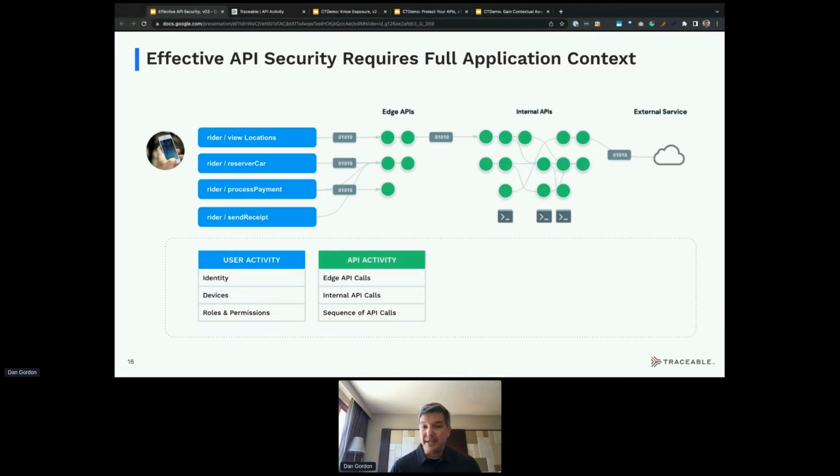What's happening at the edge? What's happening internally? What are those service-to-service calls that are not on the border? What is the sequence of those calls altogether so that we can understand the common sequences that lead to attacks, or where we have weaknesses in that series of calls? This, of course, can also help with getting more efficient too.